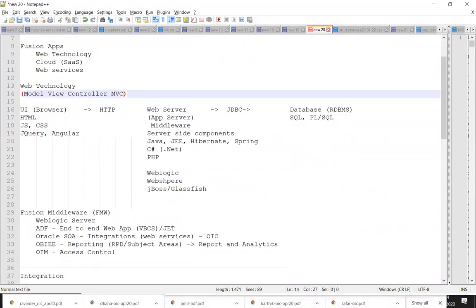The web server or application server acts as a middleware, and we can have server-side components developed in different technologies like Java, PHP, C#, etc. When any request comes from the browser, your web server forwards the request to your server-side component, which has the responsibility of communicating with the database and getting the required data, and then we convert that into HTML and it goes to the browser.